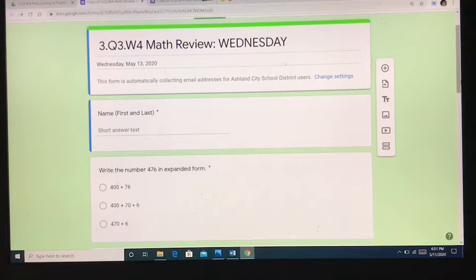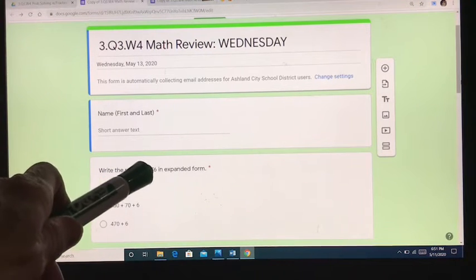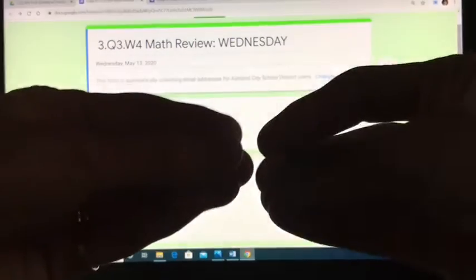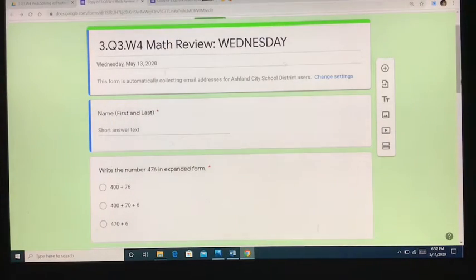Let's look at our first problem. It says, write the number 476 in expanded form. So we have the number 476 and we have the word expanded. Think of a rubber band and you expand it. You make it longer and bigger. All right, so let's look at the number